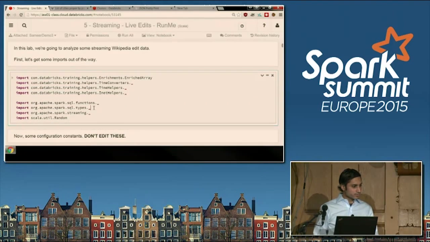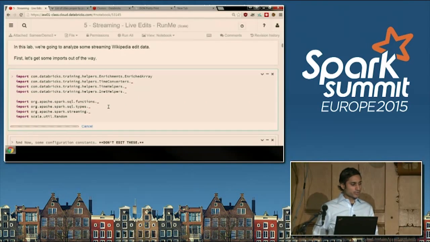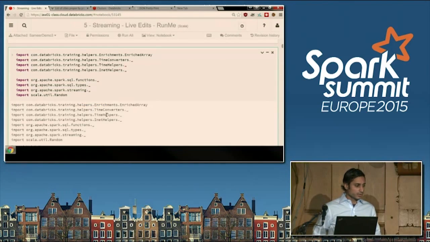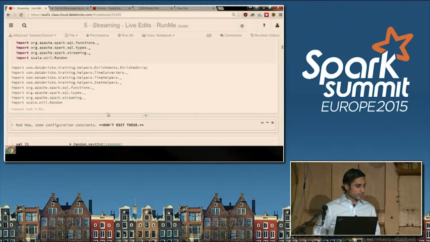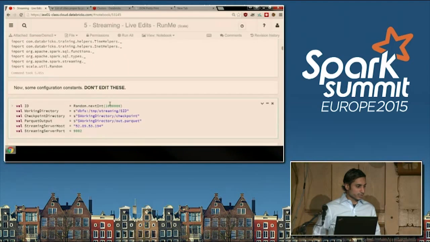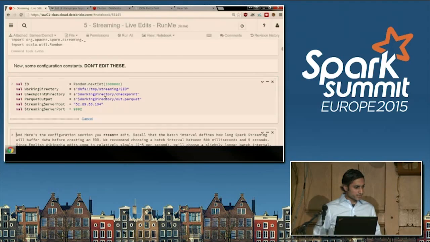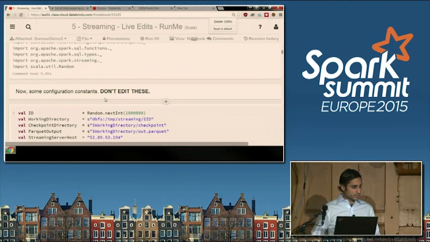So we're going to do some imports. Now, once again, I urge you not to get too caught up in the details of what I'm doing. Try to get the intuition, because the details are relatively easy to figure out by looking at the Spark documentation. Okay, so we're going to run this cell and set up some things,